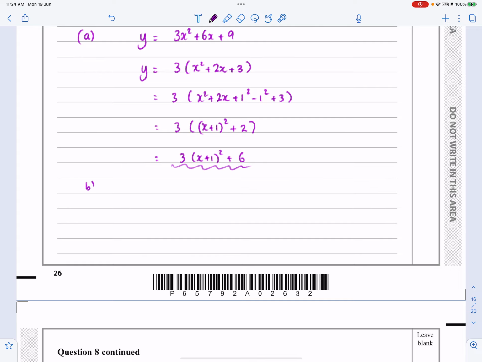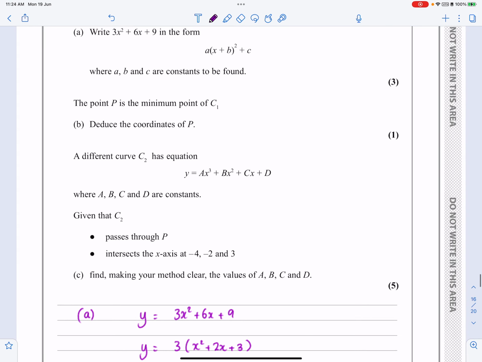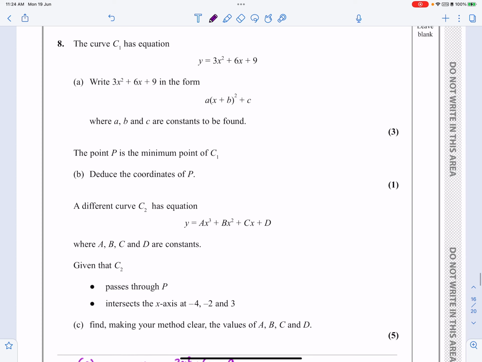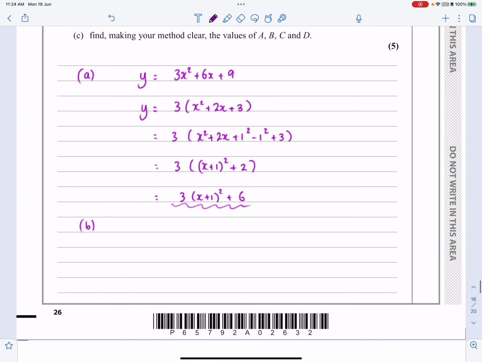Part B is very straightforward because it says, can we find the coordinates of the minimum point? Well, that's one of the reasons for getting something into a complete square. If I've got this written down like this, then we can say the minimum of this is going to occur when that bit is as small as possible. And the smallest thing that can be, because it's something squared, is 0. So the minimum is going to occur, so minimum y will be